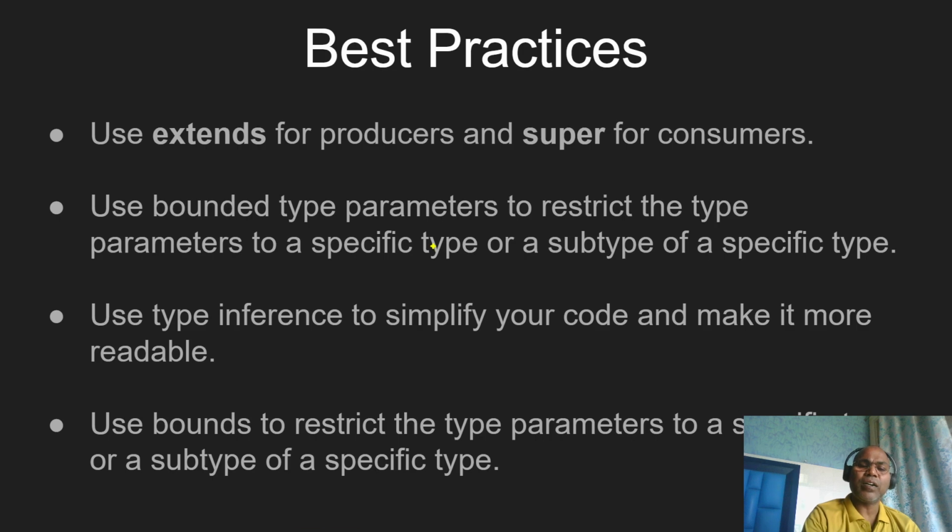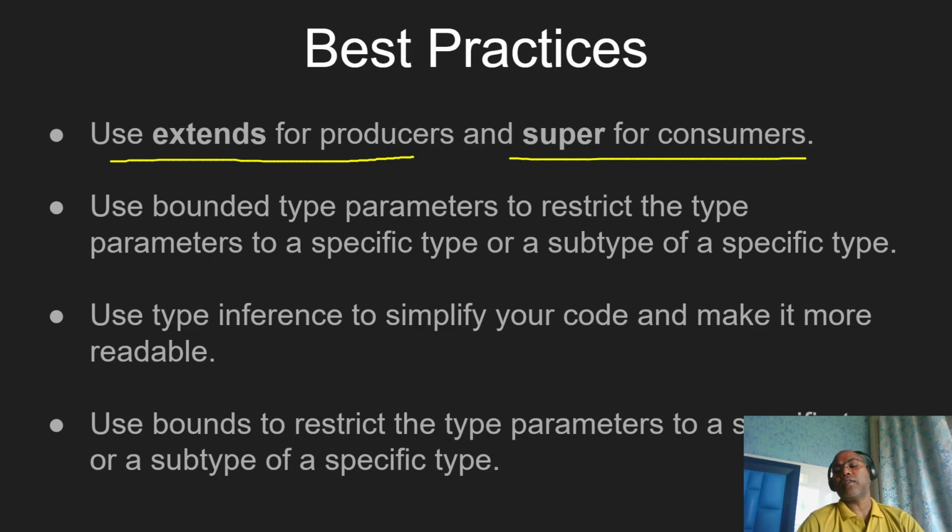And these are some practices we have to follow. First, identify: this is my bounded type and this is the API that is going to produce or return a value. Just go with the simple extends for the producer. And for the API, methods or types you are defining that are going to consume the value, the consumer, go with super. In this way.